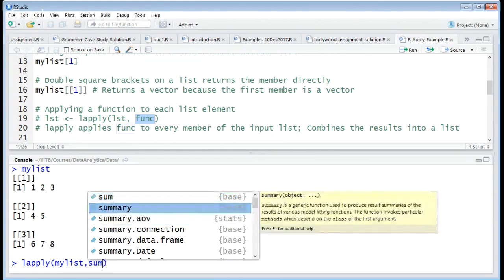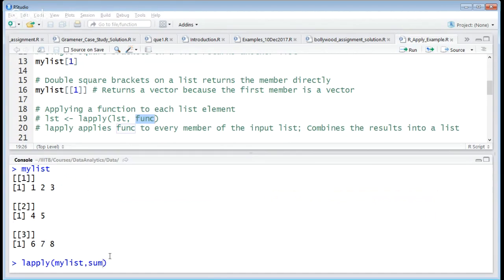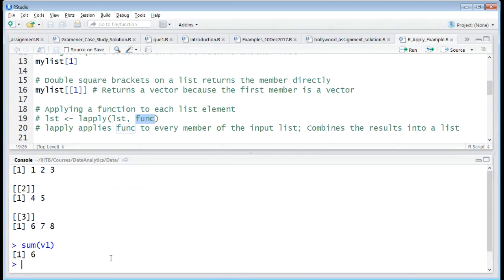Now what kind of function is sum? Sum is a function. Even before using lapply, let me do a simple sum. So how do you call it? You say sum and then v1. It will return the sum. v1 happens to be 1, 2, 3, and 1 plus 2 plus 3 is 6. So sum is a function which takes one argument. Let me do the same thing with lapply my list,